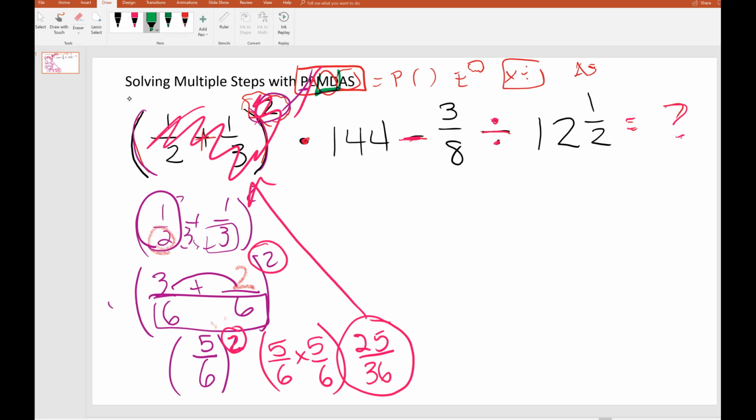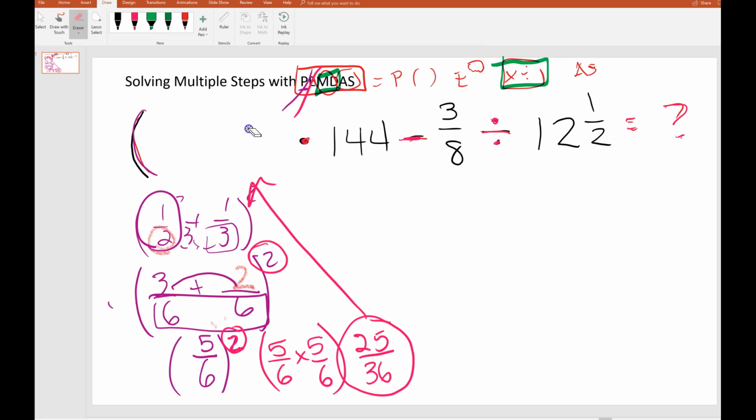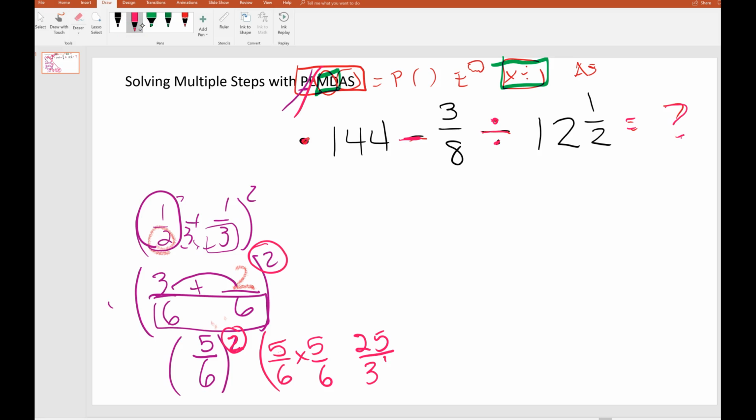The next things on the list are multiplication and division. You do those left to right. So we're going to multiply. Remember right here, we are replacing all this with our fraction down here. This was a 36. Sorry about that. I kind of erased that. So 25/36 goes right here. And what I want you to see with a different color is